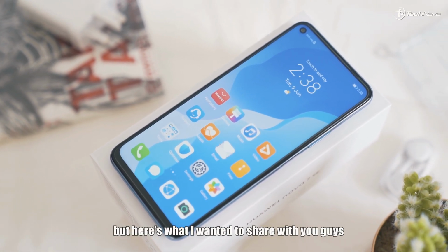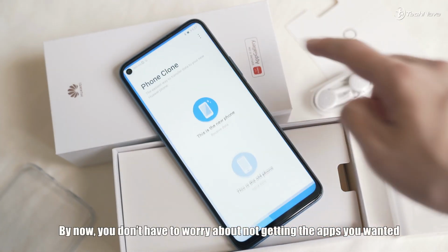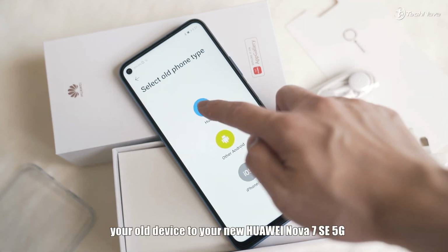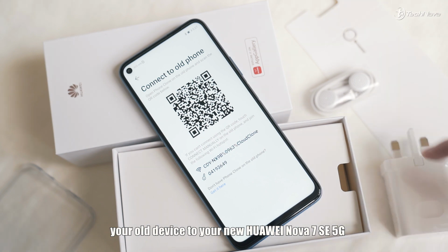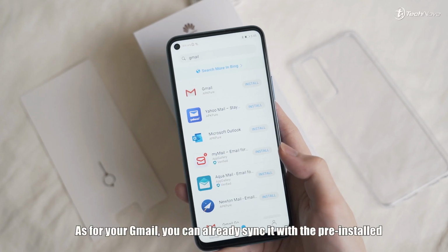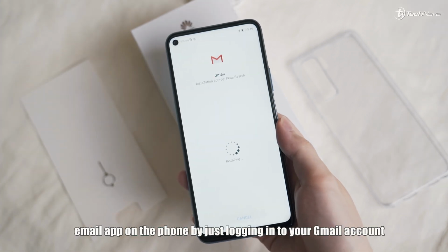But I'm sure with all these great features mentioned, you still doubt the usability due to the lack of Google Play Store, but here's what I wanted to share with you guys. By now, you don't have to worry about not getting the apps you wanted because you can use the PhoneClone to transfer all your apps from your old device to your new HUAWEI Nova 7 SE 5G, and you can get most of your daily apps on the Huawei app gallery as well. As for your Gmail, you can already sync it with the pre-installed email app on the phone by just logging